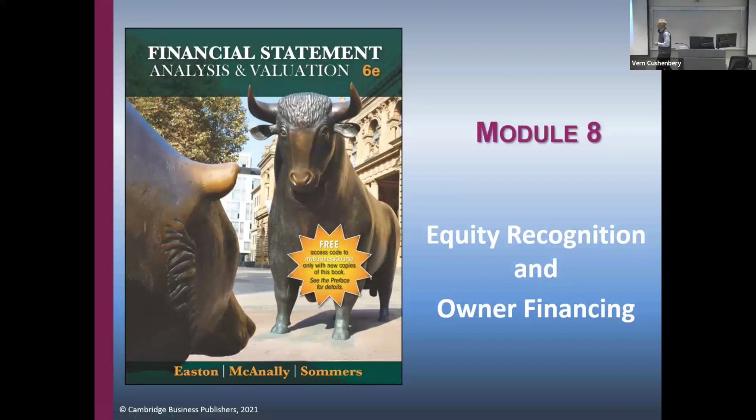There we go. Tonight, module 8, we're talking about equity recognition and owner financing. So last week we talked about bond financing. We're still on the balance sheet. Balance sheet's broken out into the basic accounting equation. Assets on the left-hand side equals liabilities plus owner's equity on the right-hand side. We talked about liabilities last week, short-term liabilities, long-term liabilities, talked a little bit about the bond market and how those bonds trade from one investor to another investor, and how they fluctuate with interest rates and what that means for a company's credit rating and ultimately the price that they pay on those bonds, which is quoted in interest rate terms.